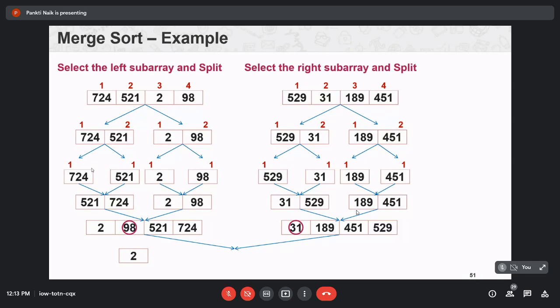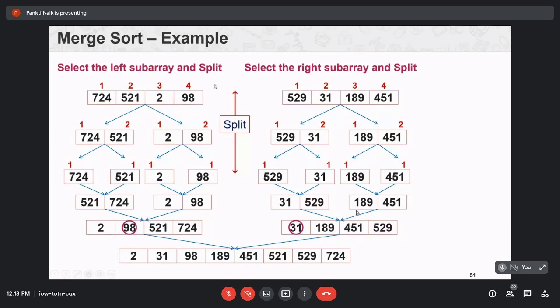Now, which one is smaller, 98 or 31? 31. So write down 31 in the second position of your resulting array. Then compare the second element with the second element of the right sub array. Like this. So at the end, you will get the final sorted list.